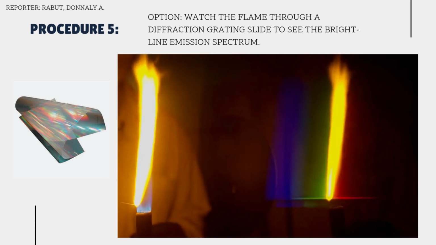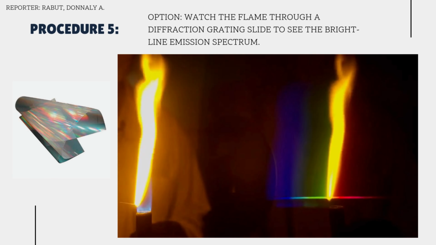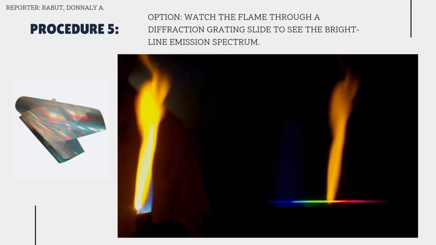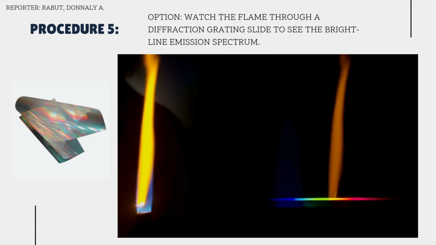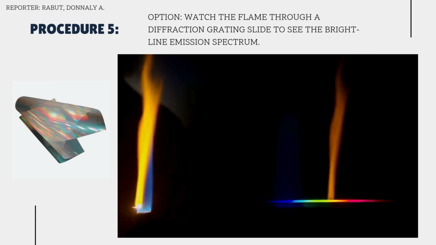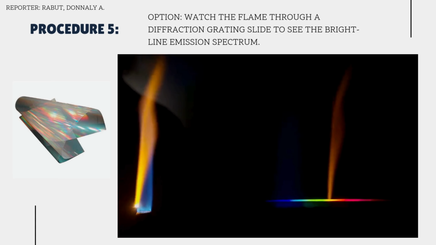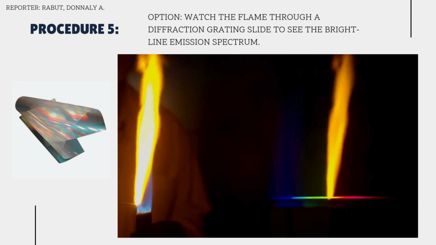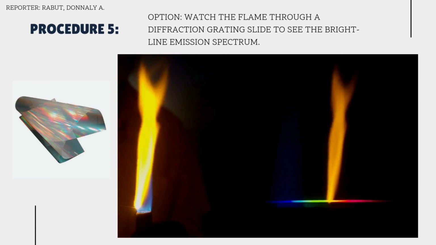These wavelengths appear as bright lines. Each line corresponds to a particular energy transition in the atoms and can be used to identify the element present in the flame. The position and color of these lines help identify the elements based on their unique emission spectra